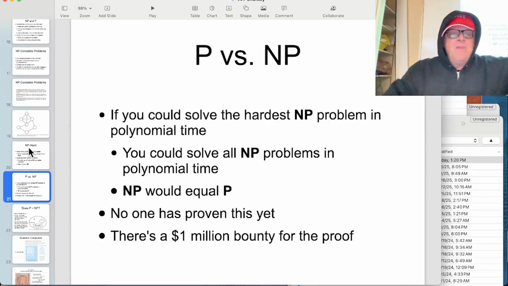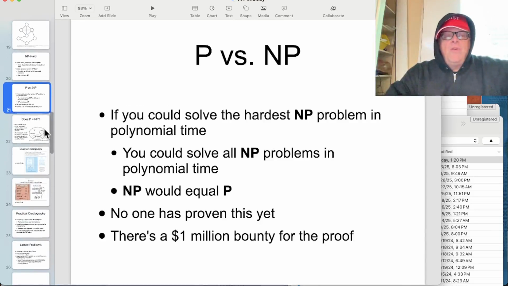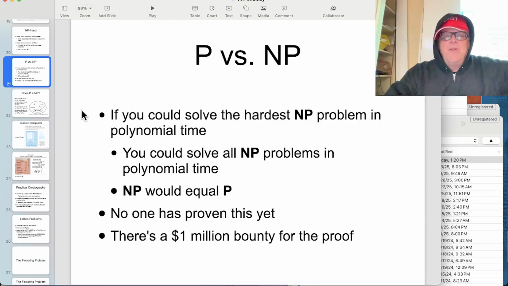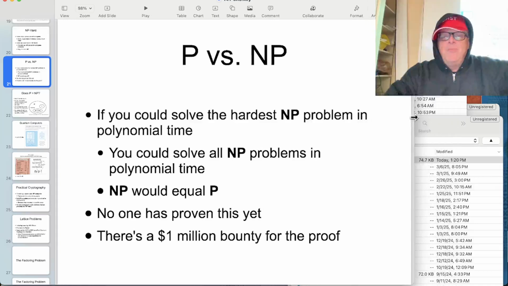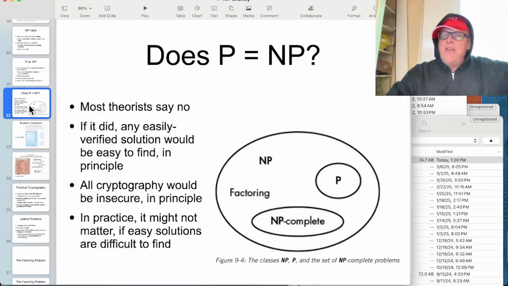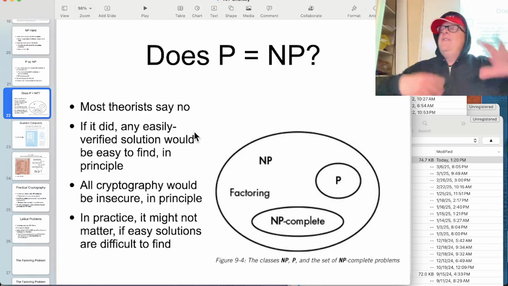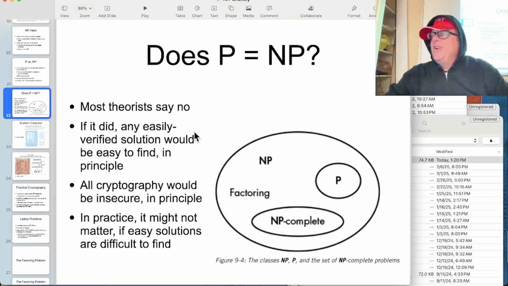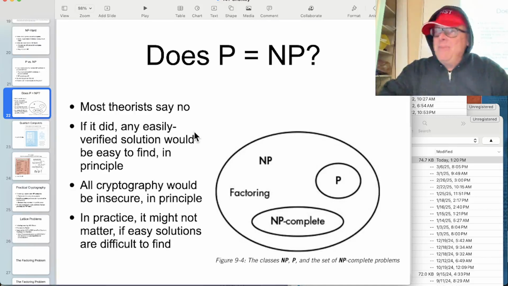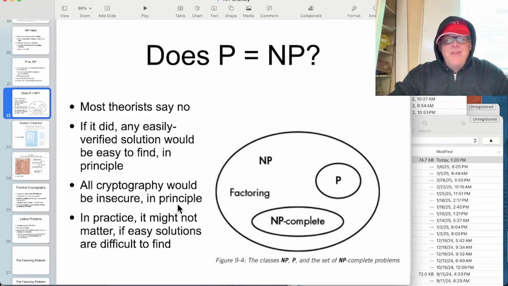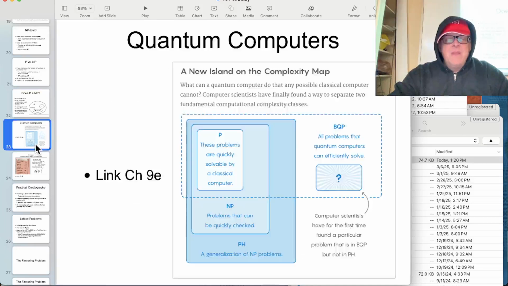So that's why the whole thing is founded on sort of a best estimate guess, not on what you'd hope, like perfect mathematics proving that what we're doing is safe. So does P equal NP? Now, most people say no. Of course, if P equaled NP, then there would be no hard mathematical problem at all. All of them would have an easy solution, and it seems like there are hard mathematical problems. I've taken mathematics like you guys have, and there were problems that seemed pretty hard. So it seems like there are hard problems. But we'll see. So far, nobody's proven it.